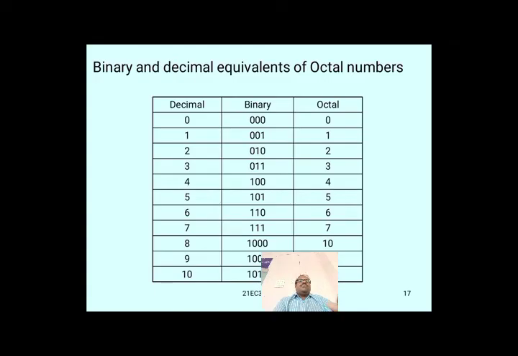Okay. See, first of all, binary values are in 3-bit fashion. From 8, it is converted into 4-bit fashion. For octal, the code is 4 2 1. For decimal and hexadecimal, it is the 8 4 2 1 code.